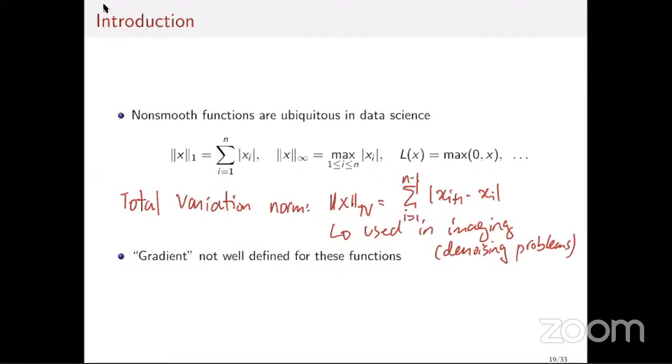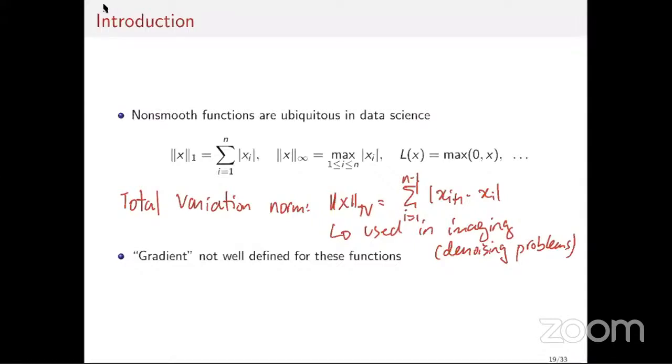You need a lot of tuning of the step size. The choice of the step size is highly non-trivial, so we'll look at this. It's not a method that is very attractive. So what we will do tomorrow morning is present another method that is typically used in practice, called the proximal gradient method, which exploits a little bit more than just non-smoothness. It exploits some structure in the objective function that you want to minimize, something like a splitting structure.